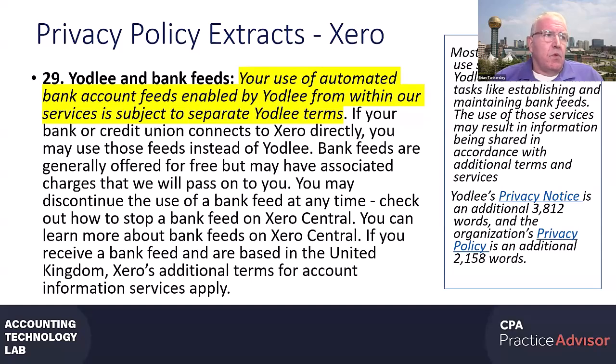But we also have things like Yodlee's terms. So, for example, this is out of the Xero privacy policy. They actually say that Yodlee is a sub-processor and that you're subject to their terms. And so there are companies like Yodlee, Fiserv, and others that do the bank aggregation. And sometimes there are restrictions on those things that are different from what you might think or from what there is on the software.